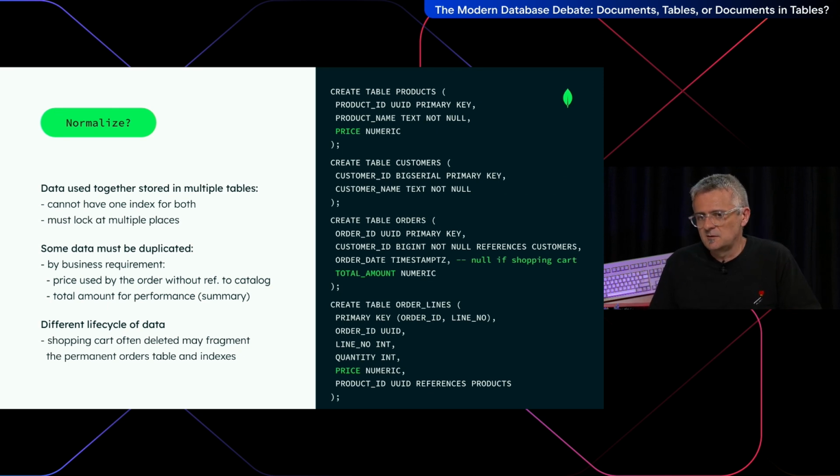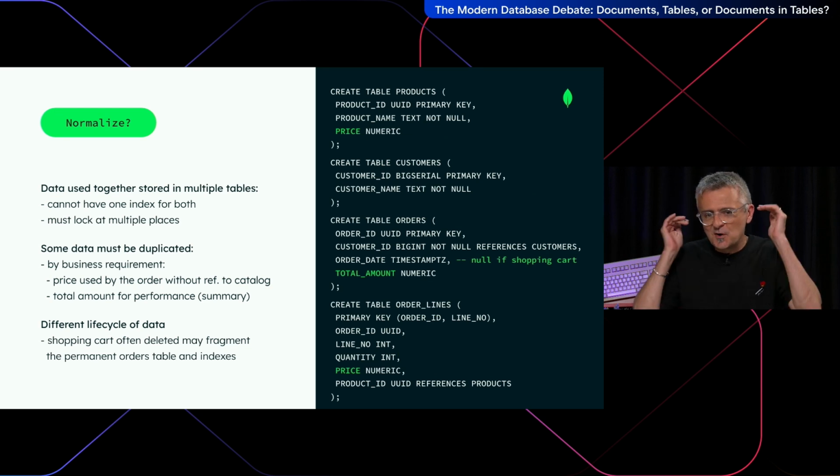And there is also a kind of denormalization that is really a business requirement. For example, you have the price for the product here. So you don't need the price in the order line because you reference the product. But the price may change.